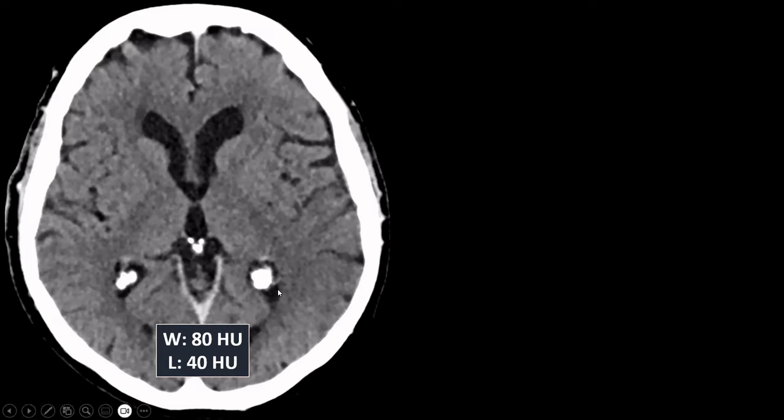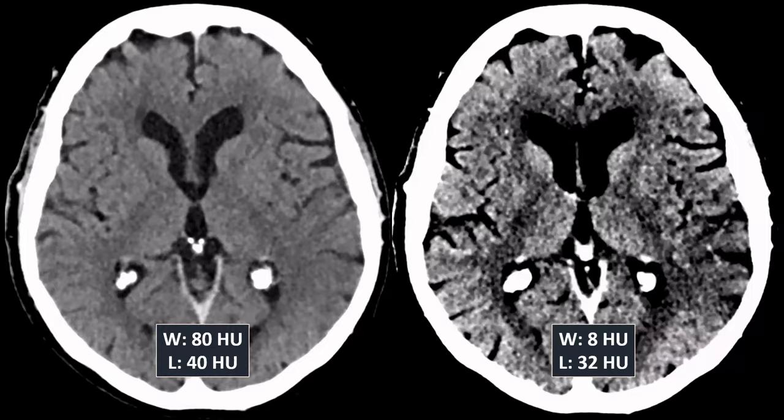This is a brain window, and at first glance you'd say, this looks okay to me, nothing out of the ordinary. But if there's a suspicion of ischemic stroke, window the image very, very hard. This is a typical stroke window. So the level is about the density of gray matter, 32 Hounsfield units in this case, can be 40. This is not absolute. I never look at these values. I just create an image that looks a bit like that without really looking at what my window width is here. But it's just an example. The window width is very narrow, 8 Hounsfield units,